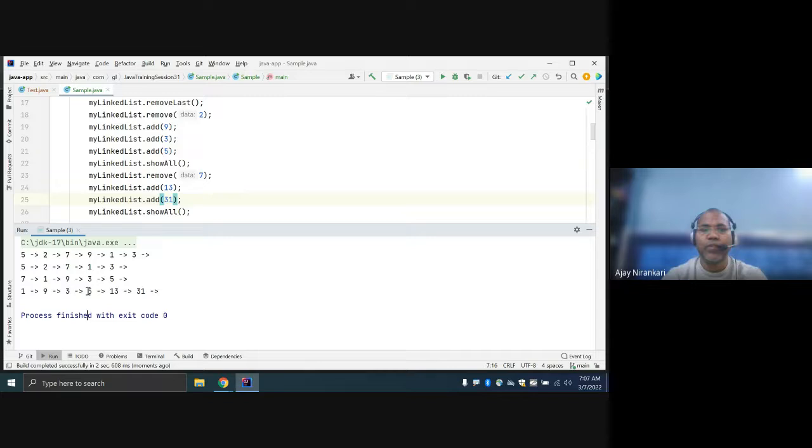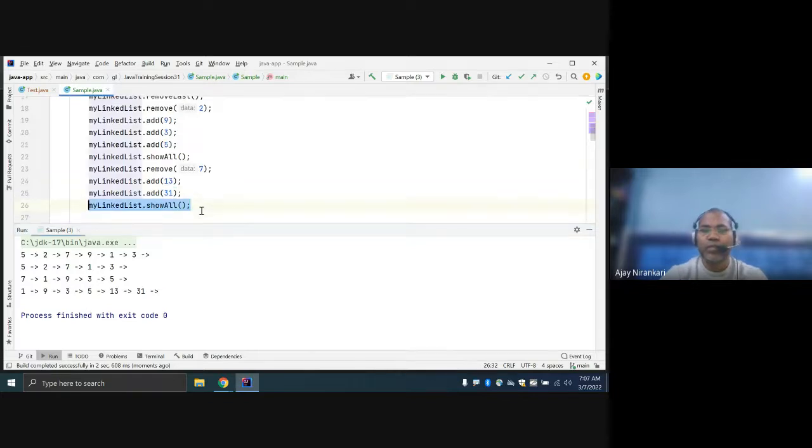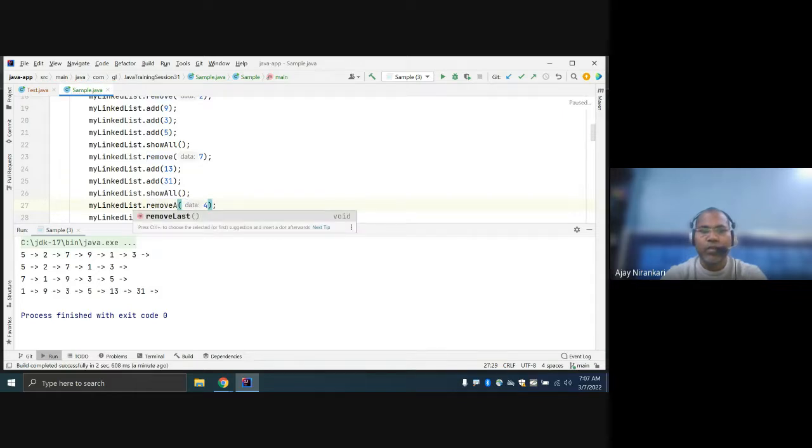Let me write a function this way. I want to remove fourth, but fourth is not data. Fourth, you can say position. Remove 4 position data. Remove at.